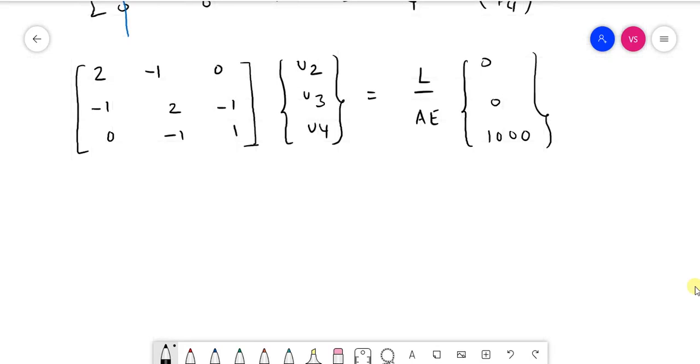So that means this thing equals, now here we have to be very careful. This L is for one element. All the time it is for only one element. That is 100, length of one element. Area of the element is 100 again. Elastic modulus is 2 e power 5 megapascal. So it is Newton per mm square times 1000.